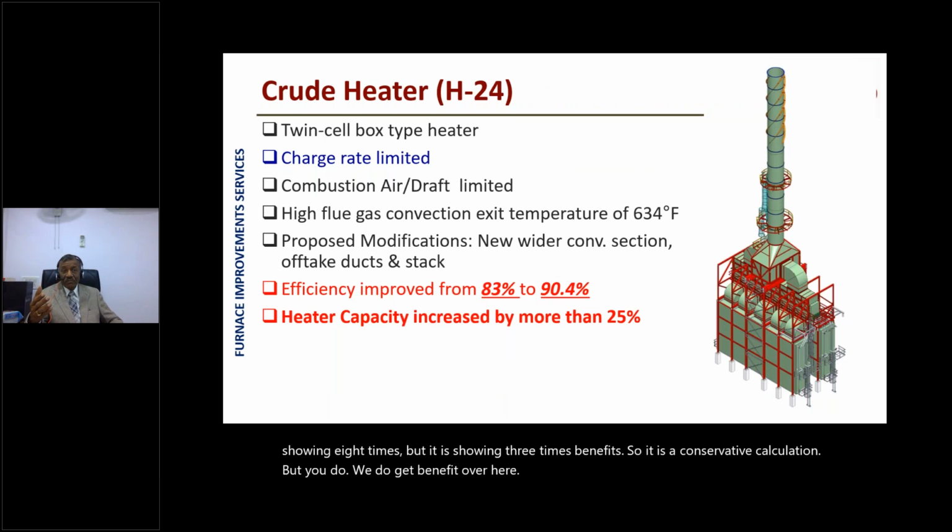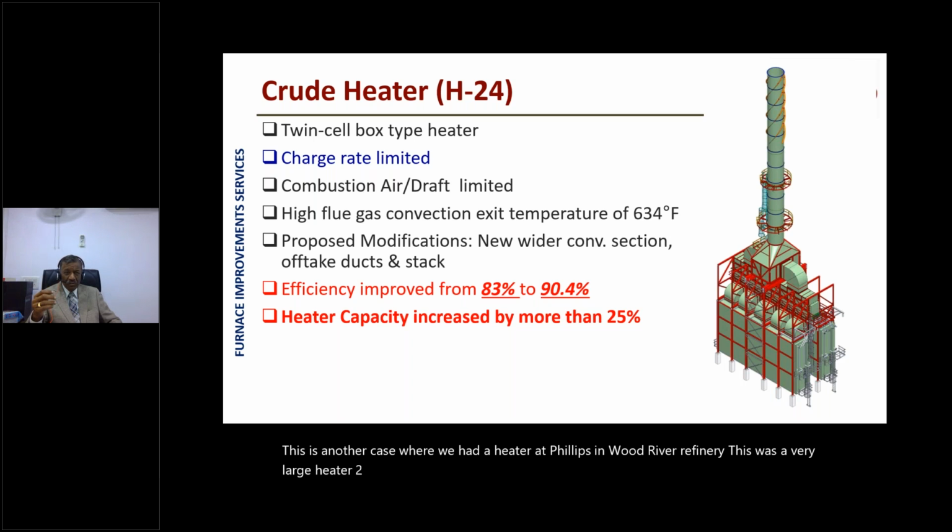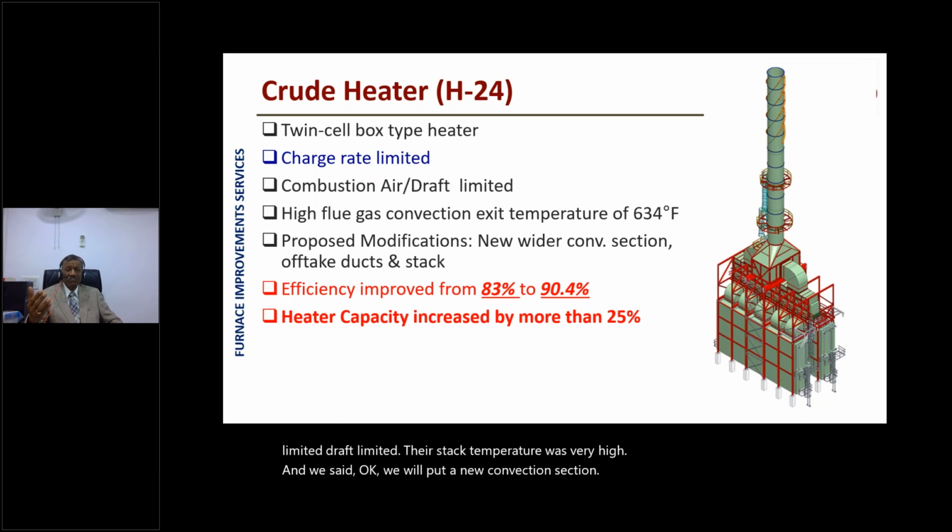This is another case where we had a heater at Phillips in Wood River Refinery. This was a very large heater, 200 million BTUs or 50 million kilocalorie twin cell, and they were charge rate limited, draft limited. Their stack temperature was very high. And we said, okay, we will put a new convection section and new stack. And by doing those two things, we were able to improve their efficiency by 7% and also improve their capacity by